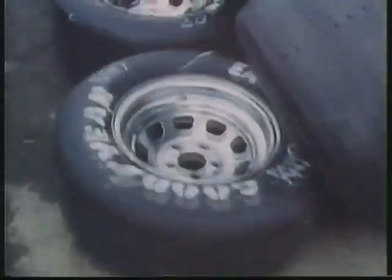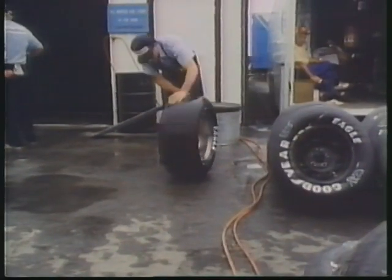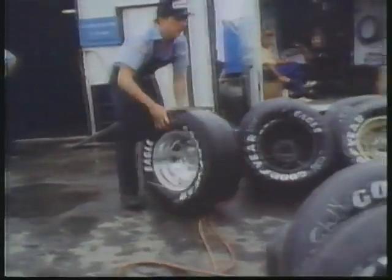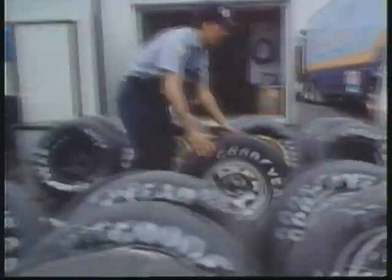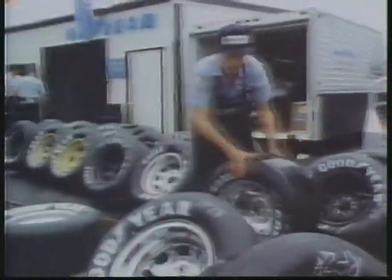Only NASCAR-approved steel wheels can be used on these cars, and the rules are strict about the tires too. They can be no wider than 9.5 inches, which is very narrow for a heavy 3,700-pound race car. We've got the heaviest racing machine in the world, and probably the smallest tire for that size. We've been fortunate that we've been able to develop a tire that can take that and take a lot more